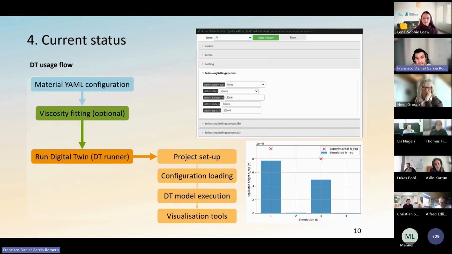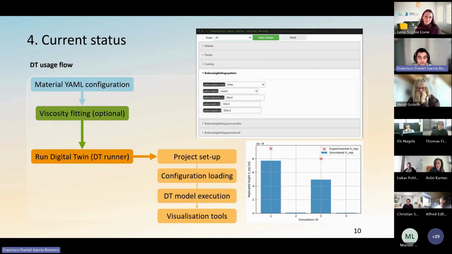And with these initial files, you can start running the digital twin. The digital twin first sets up the project, which is basically the Python paths that you will use for the folders and so on. Next, you load all the configuration files. This is done just by clicking, at the moment, in a Jupyter notebook. And next, you have the execution